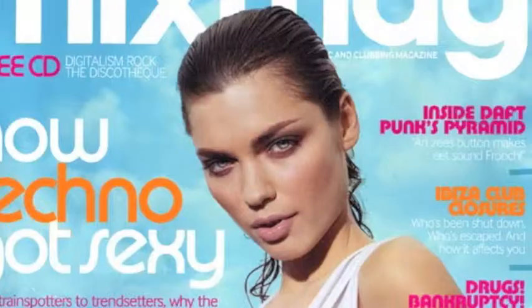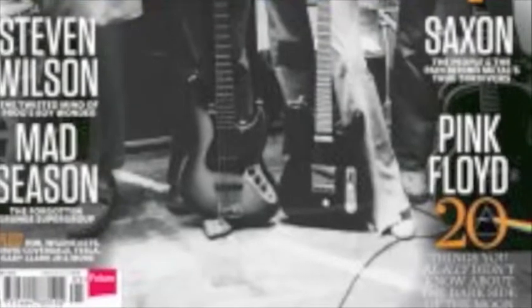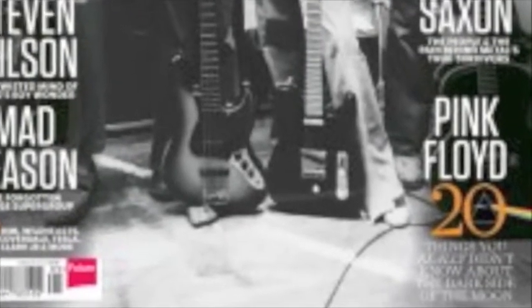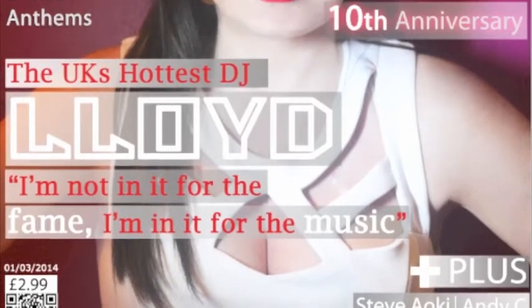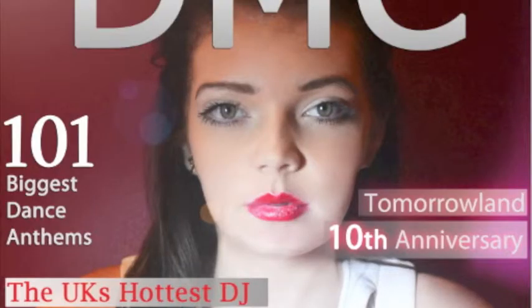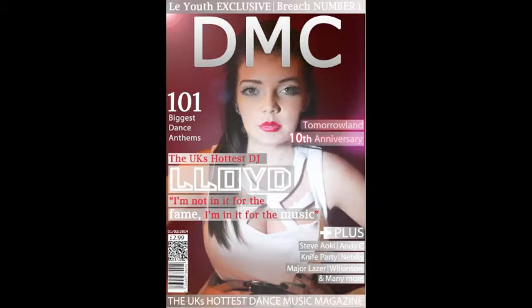The numbers on the cover line, 101 Biggest Dance Anthems, is larger to emphasise the amount and shorten the time it takes for the reader to have their attention grabbed. The gradient boxes and red highlight around Tomorrowland 10th anniversary are used for the same effect. They attract attention and contrast the darker shades within the image, while still emulating some shades of colour of the model's dress. The background of the main image is fairly dark, as this is a common feature of dance music